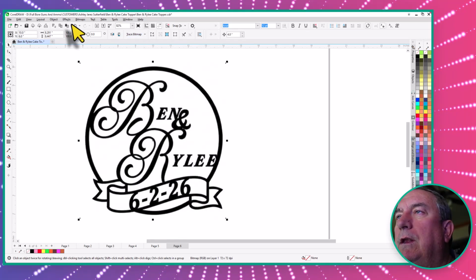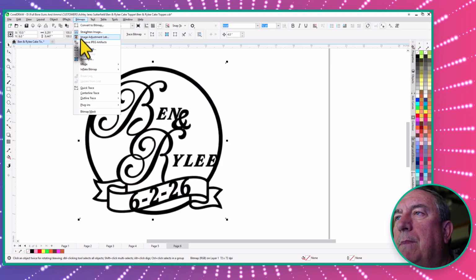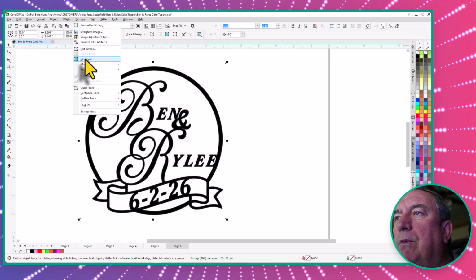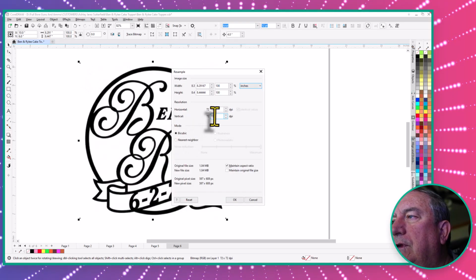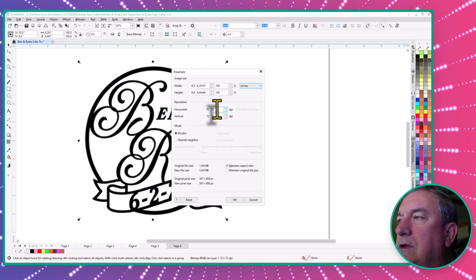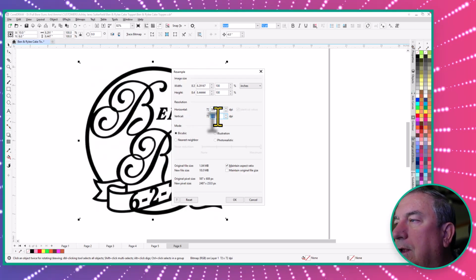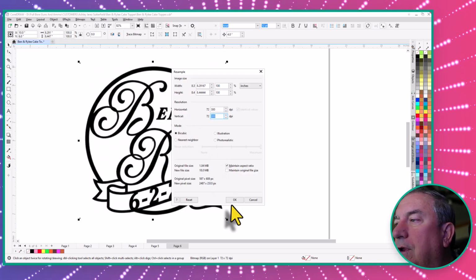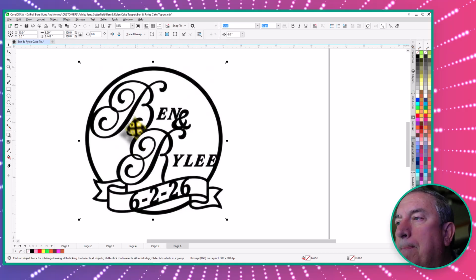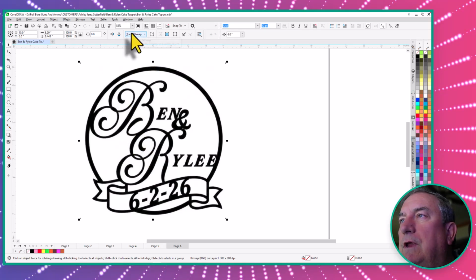Go up here, and I usually like to see what size it is. So let's go to bitmap and hit resample. And it's 72 dots per inch. I like at least 300 dots per inch. So let's just change that to 300. And click down here, and that automatically goes to 300. And then just click OK. You don't see any change, but it changes it a little. So now let's go to